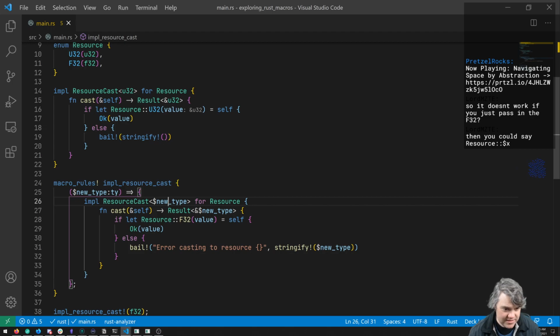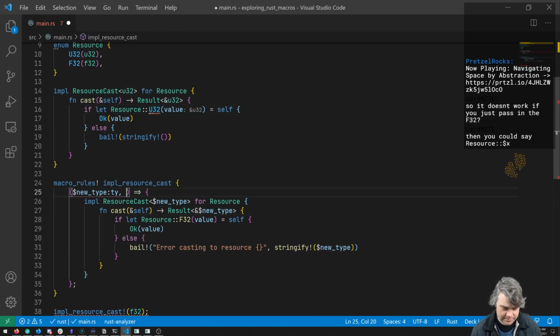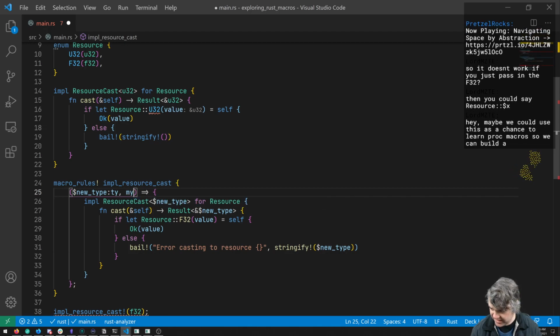The problem is, let's say if we were to try this just like this, out here, I can't just say U32. That's going to yell at us saying, hey, that arm doesn't exist. It's the same problem here. So if I have my type,